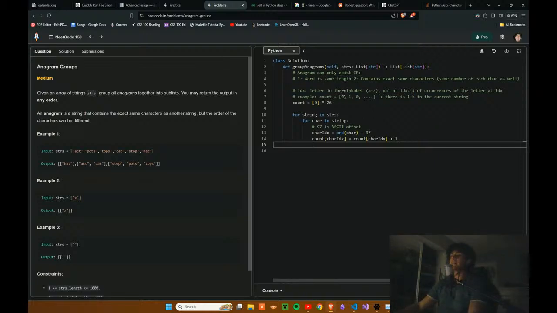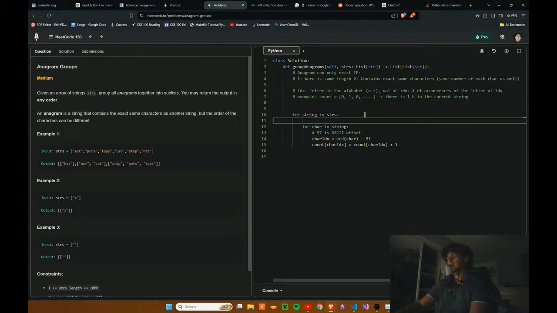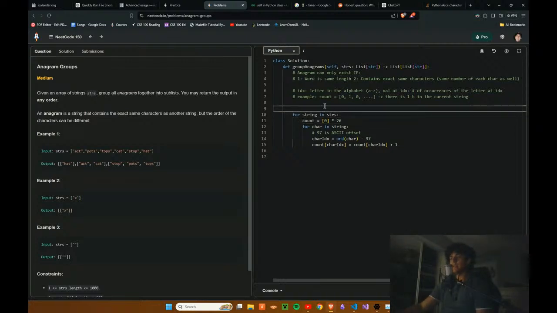Oh, yeah, that's right. It's kind of like in my old code. I needed an inner dictionary and an outer dictionary. So then I want a count array for each string, but then I also want to create a dictionary on the outside. What are we going to call it? We're going to call it sublists. And it's going to be equal to an empty dictionary. And the key is going to be